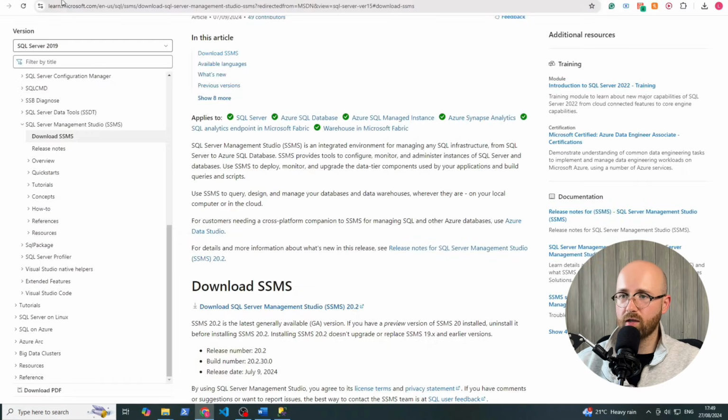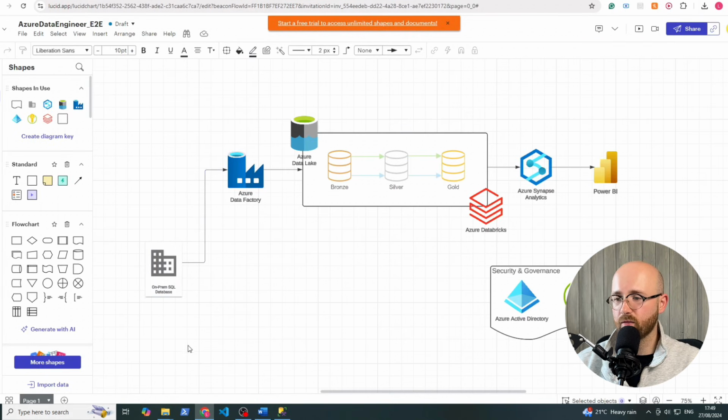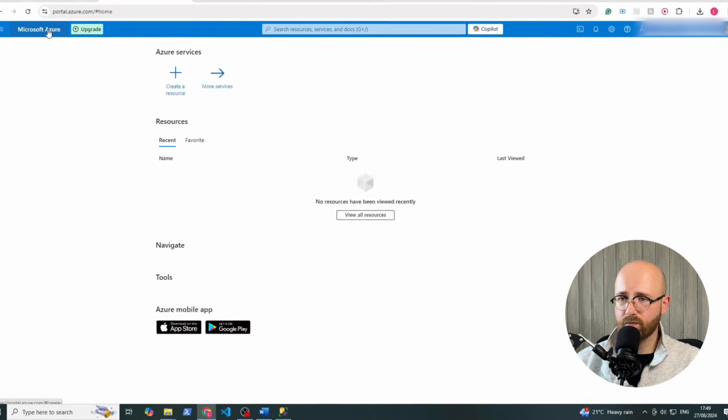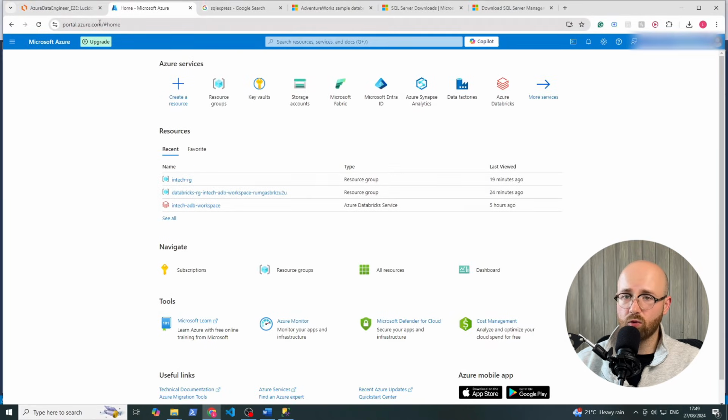So if we go back to the architecture, that's set up, we have it running. If we go to Azure Data Factory now, which is what we're wanting, first we want to open up Microsoft Azure, which is just portal.azure.com, and then you want to sign up. Once you've signed up,